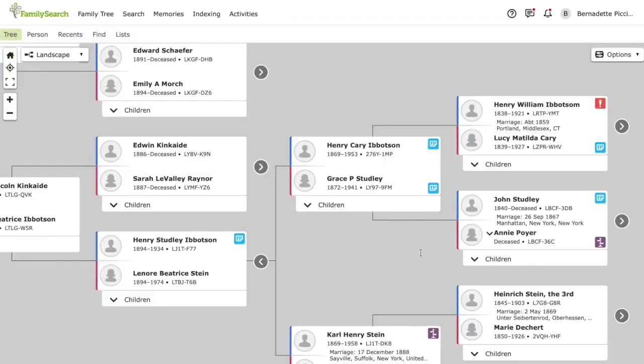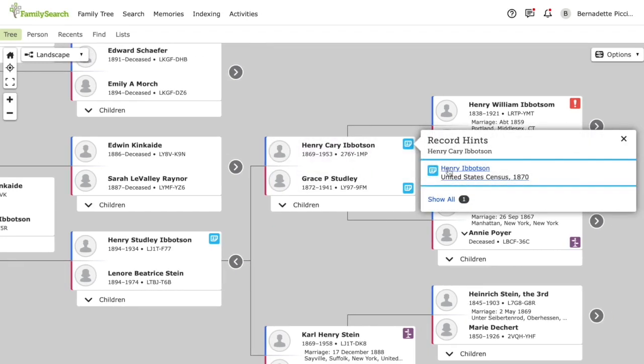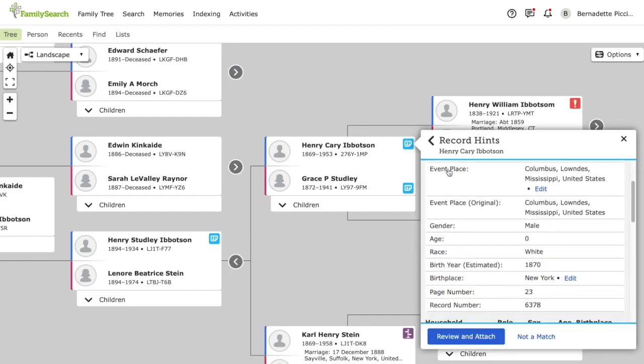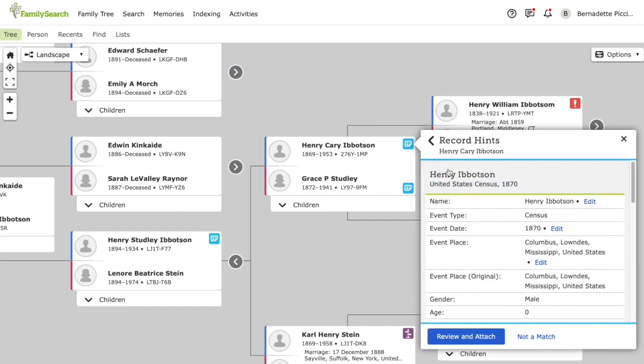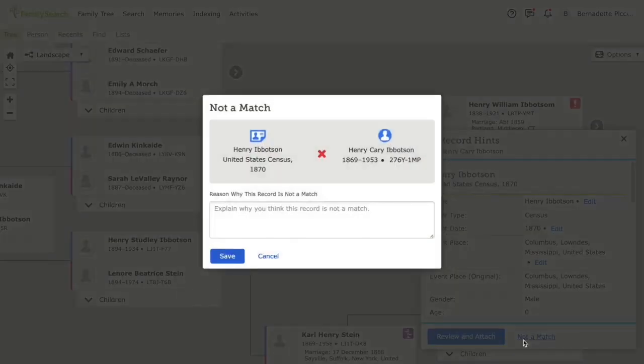Once you've filled out your family tree, it should look something like this. And similar to Ancestry.com, FamilySearch gives you hints for records that they think might match your ancestors. These hints show up as blue icons, so if we click on it, we can then view the hint and decide if we want to attach it to our family tree. If it's not a match for my ancestor, I'll simply click Not a Match. To help keep things organized, FamilySearch requires that you explain why you think that a record isn't a match. So I'm going to put Henry Carey Ibbotson never lived in Mississippi,